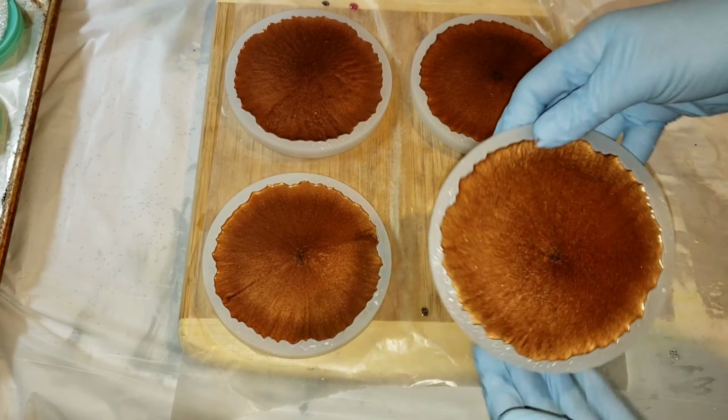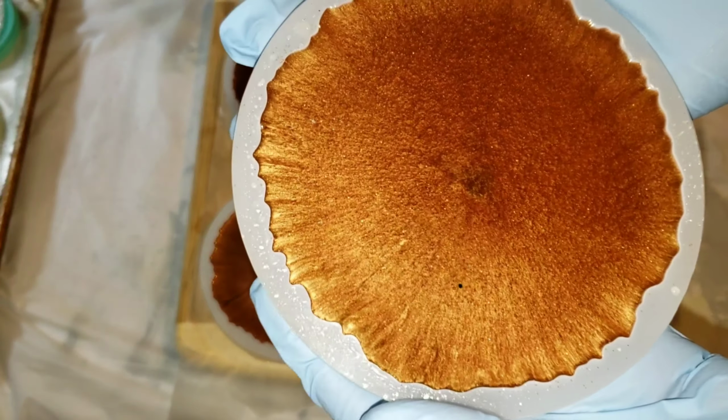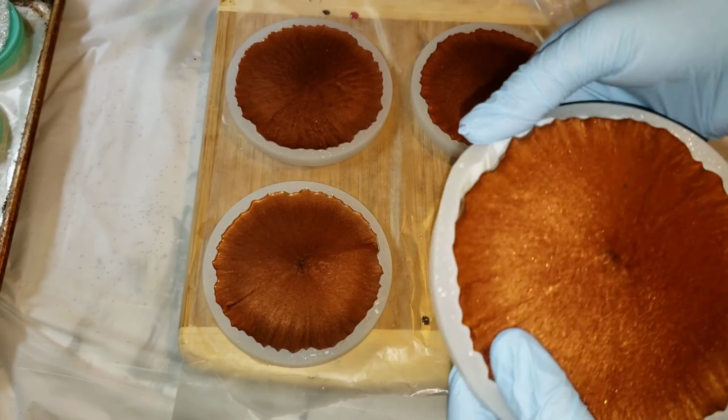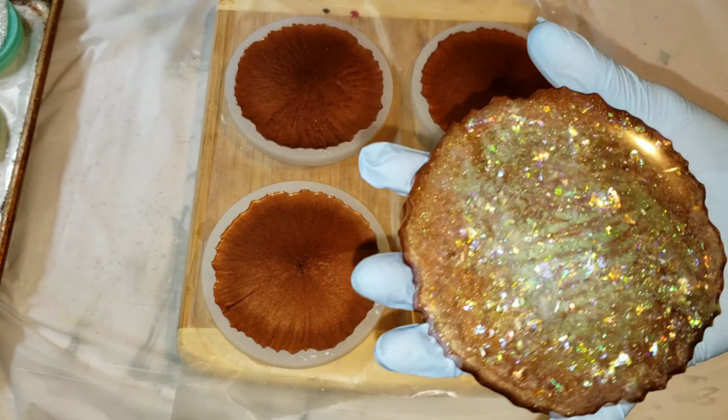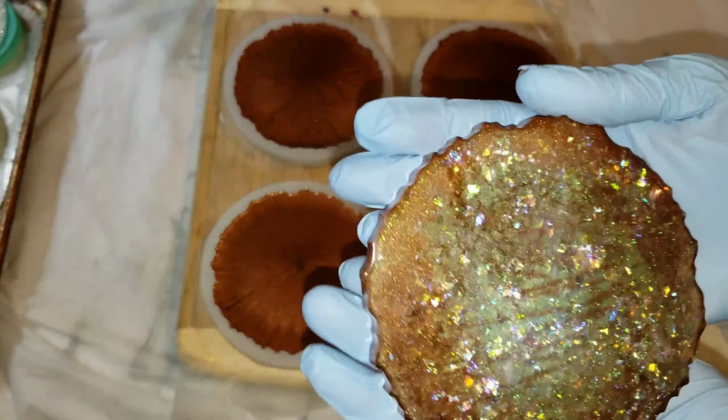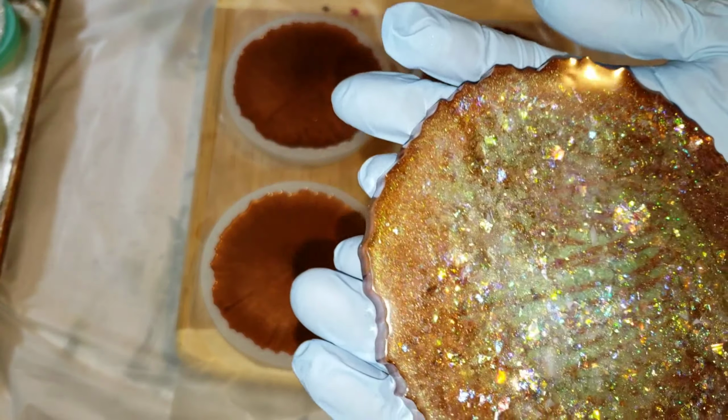And here they are. I'm so excited to demold these. I had never made anything like this before, so I was kind of nervous and excited to see how they turned out. But look at how pretty that iridescent sparkle glitter is, just perfect for this project because it's really